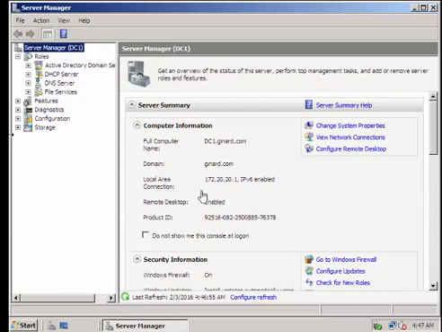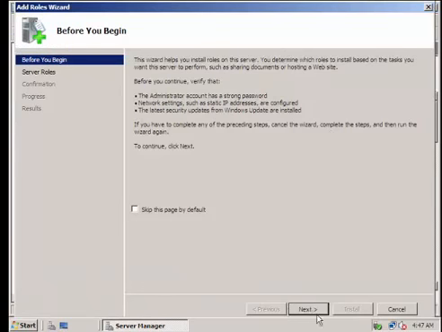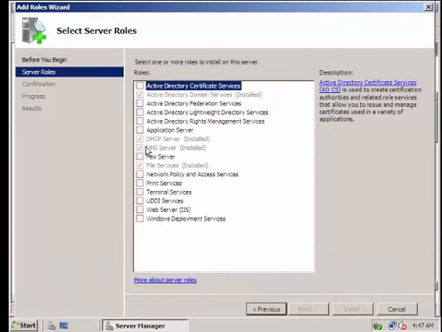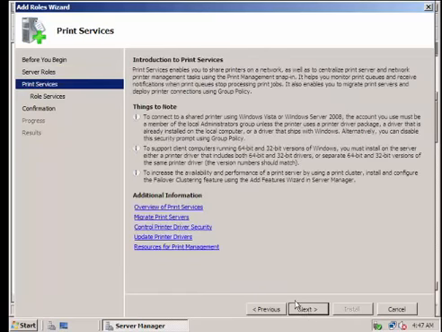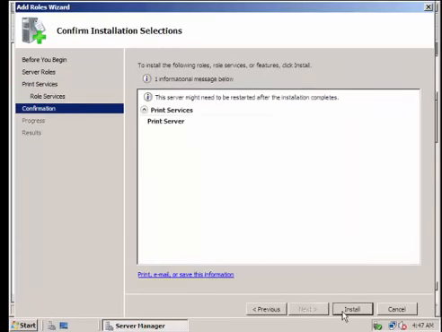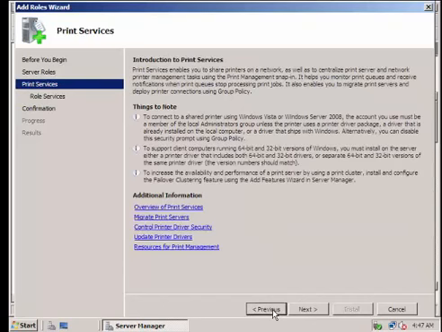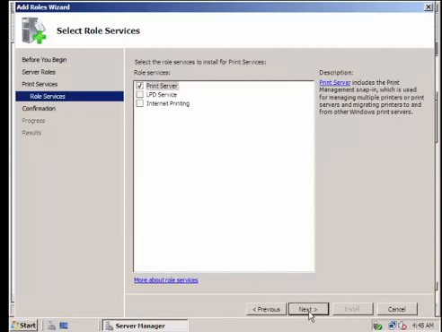So the next thing you need to do is to install a role. You can do it at once, the print services and then your file services, but for me it's already installed. Just put a click on here, and the same as installing your DHCP server, there are only a few configs here. We can just go by default. If you have not yet installed your file services, you can go previous. You need to check this one also, but for me it's already installed, so you could go for next, next